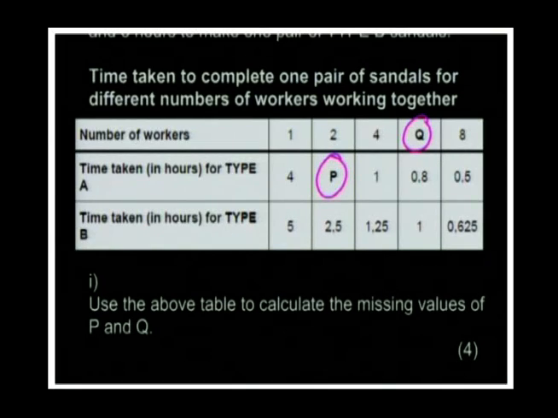Obviously, half the time. So it's going to take them 2 hours. So 2 people are going to take 2 hours to make the 1 sandal, okay? If 1 person took 5 hours to make type B, 2 people are going to do it in half the time, 2.5 hours. Now what happens if it takes 4 hours for 1 person and now we bring in 4